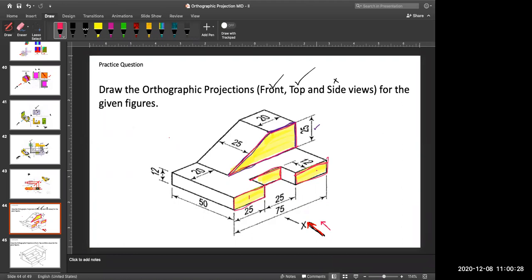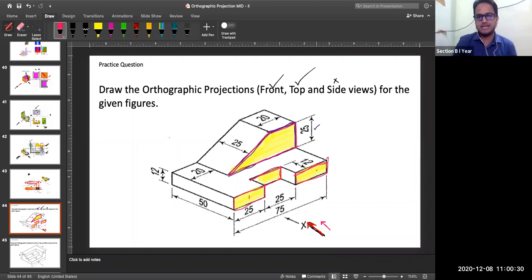Before going to canvas, you have to scan it. Open Adobe Scan or CamScanner, whatever you are using in your mobile phone. You scan it, save it in PDF version, and then you go to your canvas and link that PDF to that canvas. Here I'm giving you training also on how to connect it. I have one video for that. I'll try to show you those things, and also how to upload in canvas.